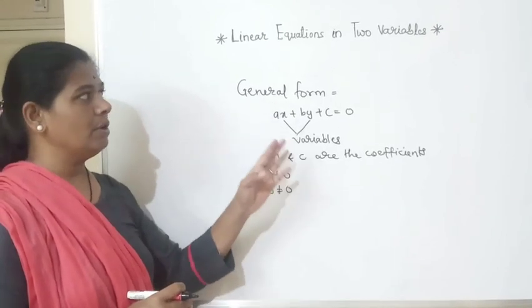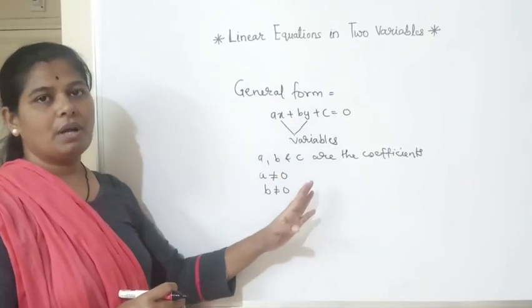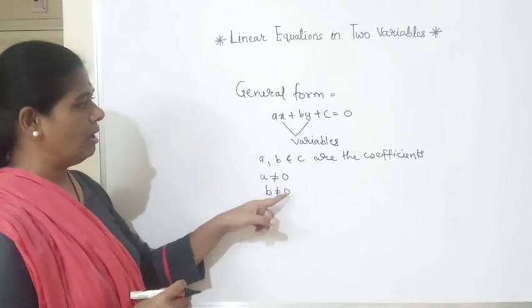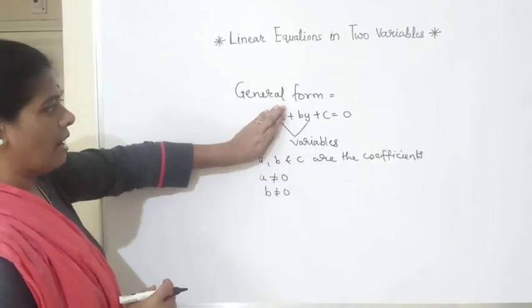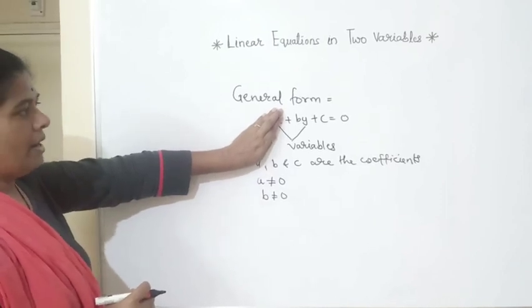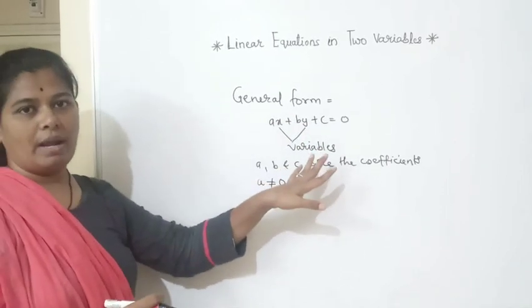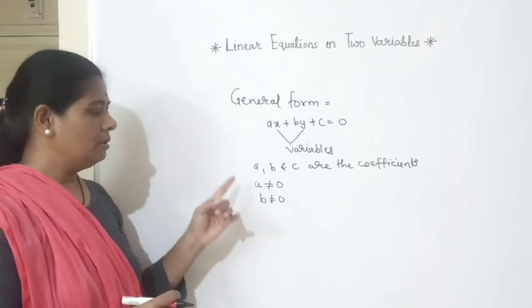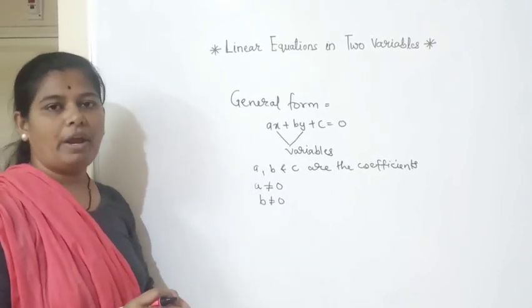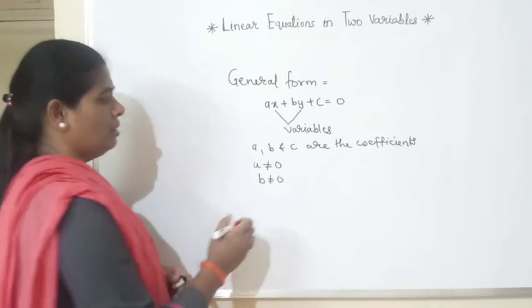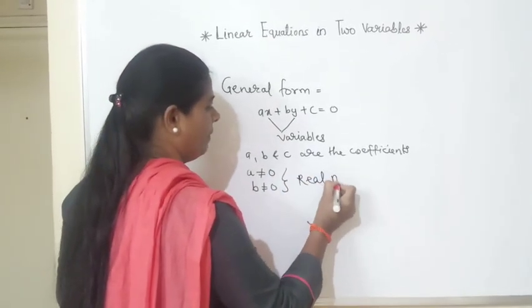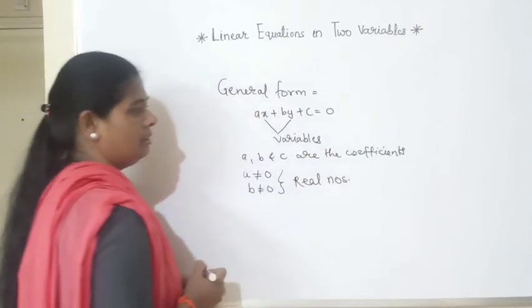And in this lesson we are studying, या लेसन मध्ये आपण काय शिकतोय की लिनियर इक्वेशन्स इन टू व्हेरिएबल्स. जर आपण a ची व्हॅल्यू जर 0 घेतली तर हे काय होणार आहे, 0 होईल आणि एकच व्हेरिएबल बाकी राहील, तो म्हणजे y. Then it will become an equation in one variable. So here the condition is that the value of a and b should not be 0, they should be real numbers. A and b are called real numbers.